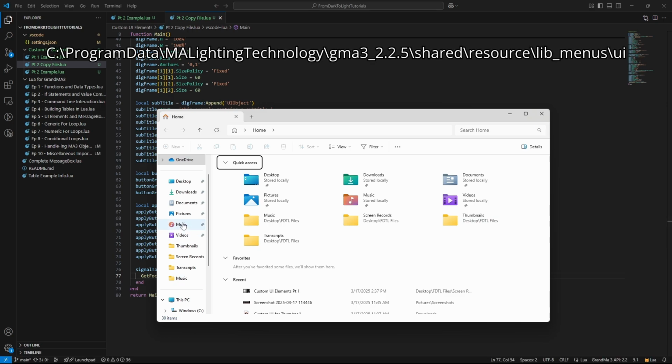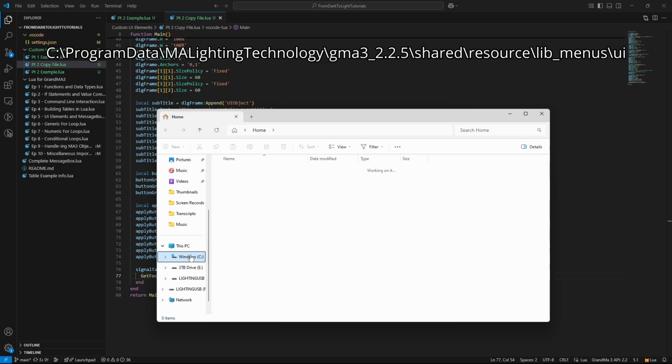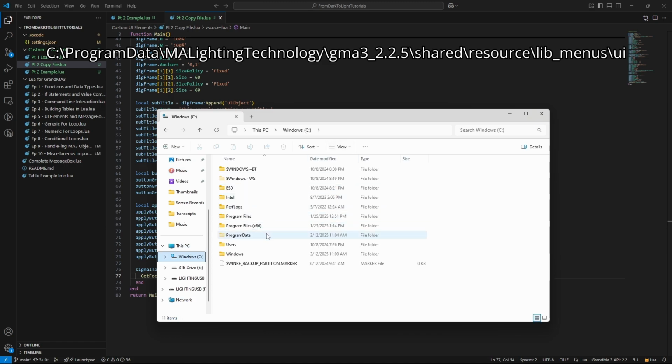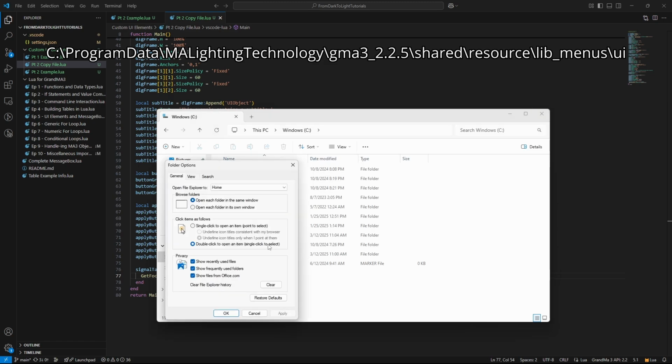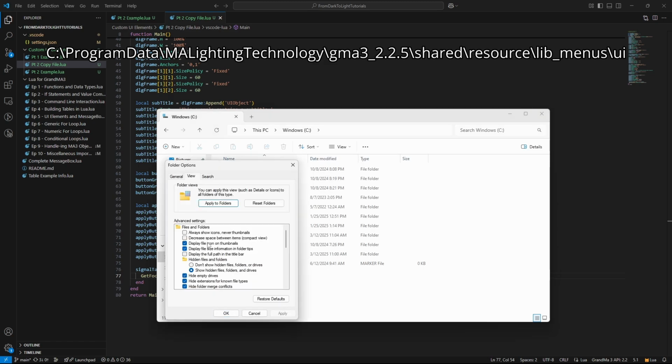But basically, I'm going to go to my Windows drive, and then I'm going to look for a folder called Program Data. Now, this folder is a little bit lighter in color than the others. That means it's a hidden folder. If you cannot see the hidden folder, then on Windows 11, you click on these three dots, and then you choose Options, and then navigate to View, and choose whether to show or not show these.